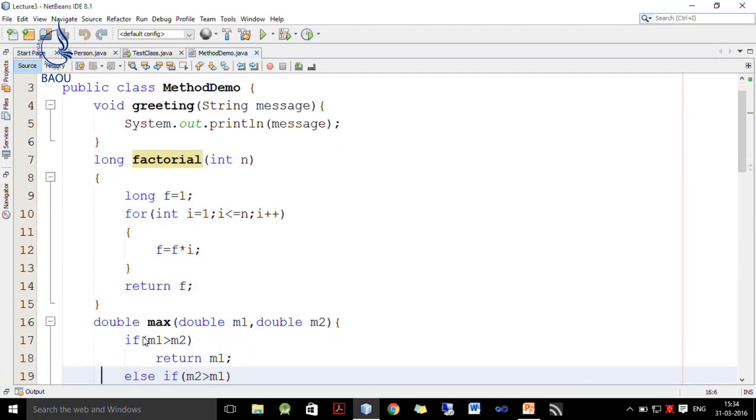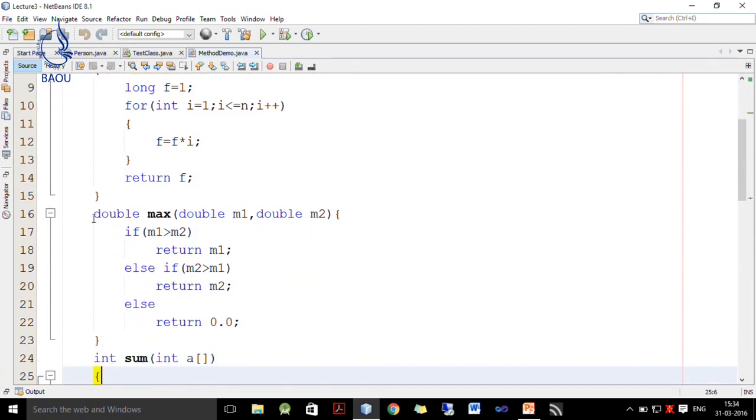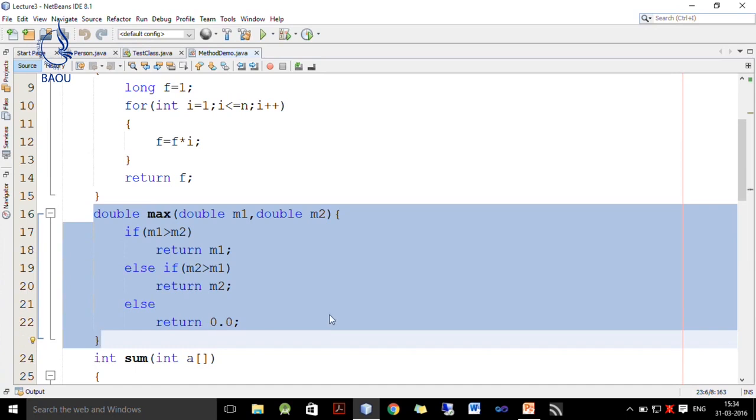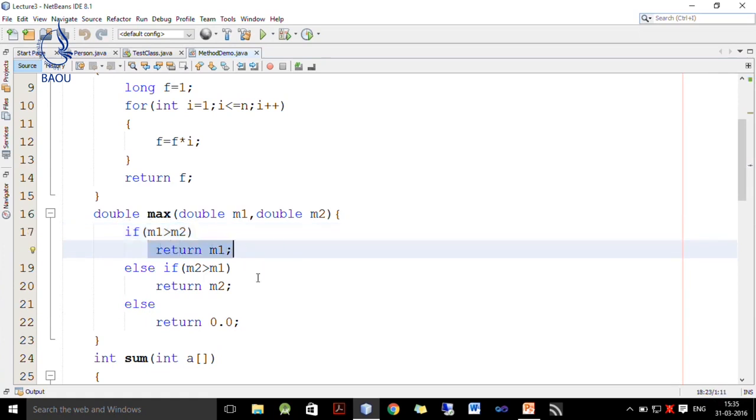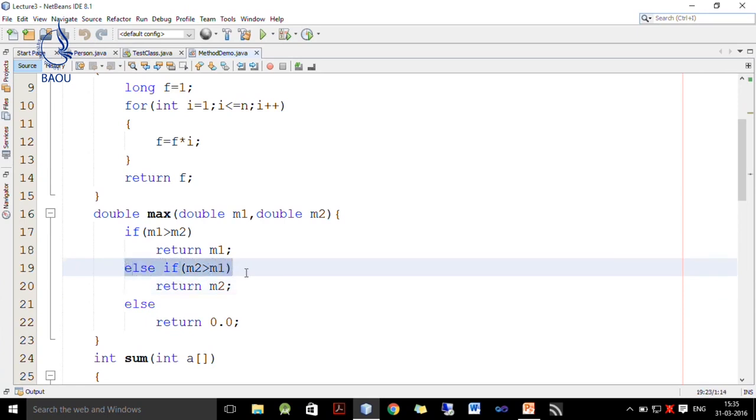The next is a max method which takes two arguments m1 and m2, and we want to return the maximum of these two values. So, I write if m1 is greater than m2, it means m1 is maximum. So, I return m1. Now, the next condition to be tested is whether m2 is greater than m1.